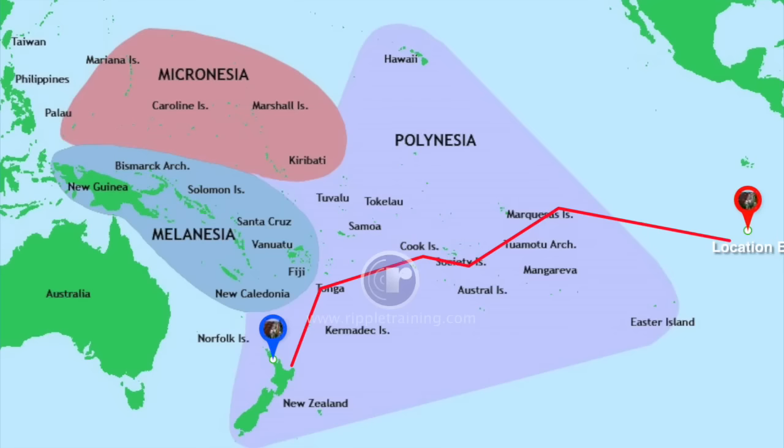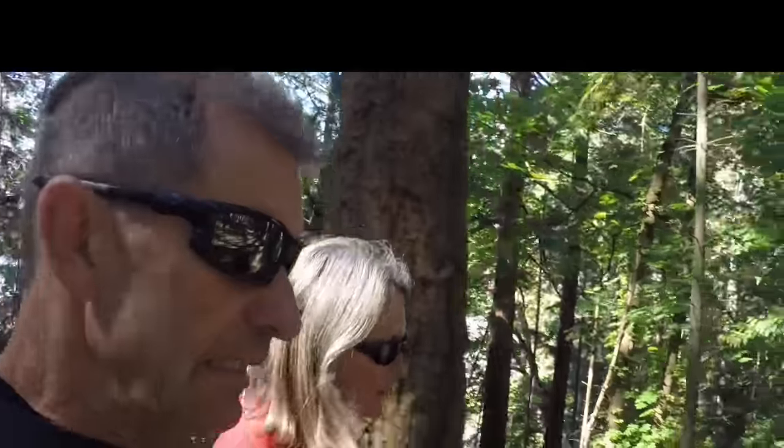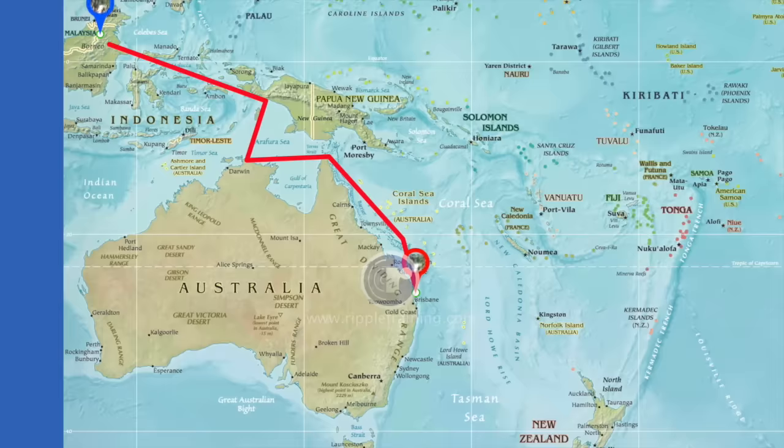Galapagos, Marquesas, Tuamotus, Tahiti, Moorea, Cook Islands, Tonga, then south to New Zealand, a stop there for maybe a season, maybe a year, whatever the winds allow, and back up to Tonga and Niue, Vanuatu, New Caledonia, then into Australia, Great Barrier Reef, then Australia for maybe a year, up the coast, east coast of Australia